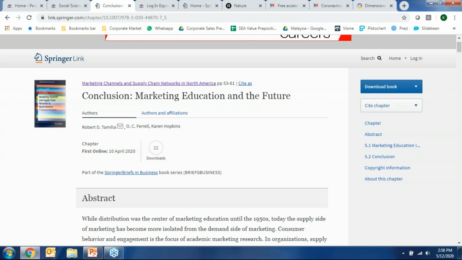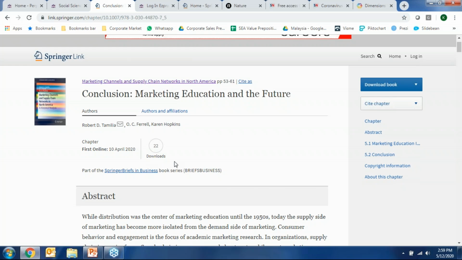And this is due to some of these titles that we have on SpringerLink being as old as 200 years old. So they are not yet translated into online, but they have already been scanned and they've come up with a machine readable version. That is exactly what you are downloading when you have downloaded a chapter.